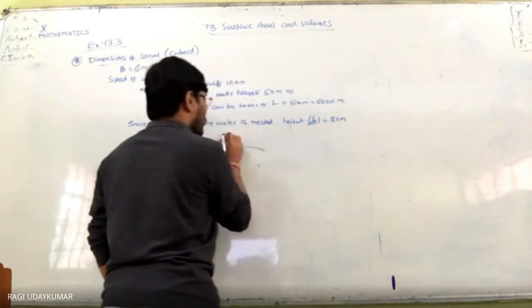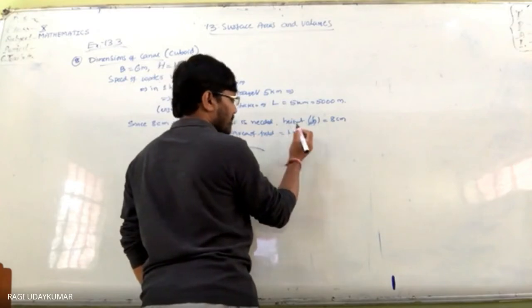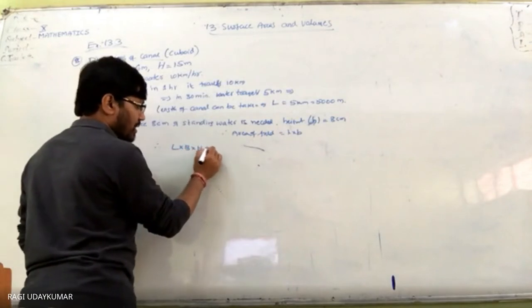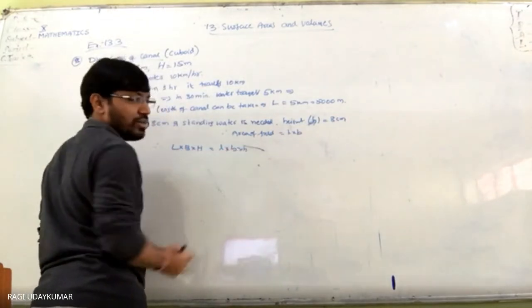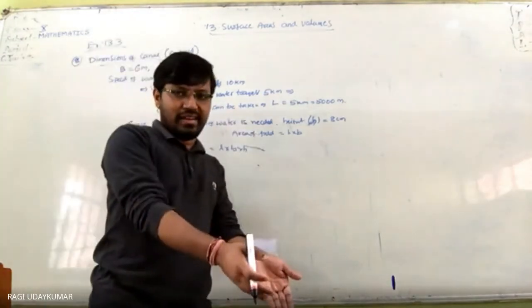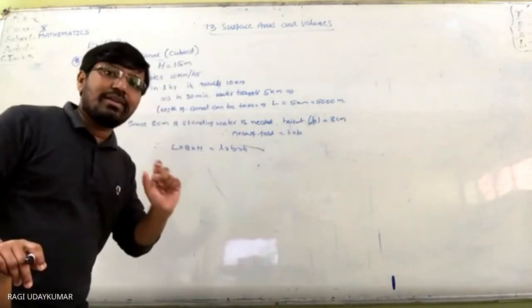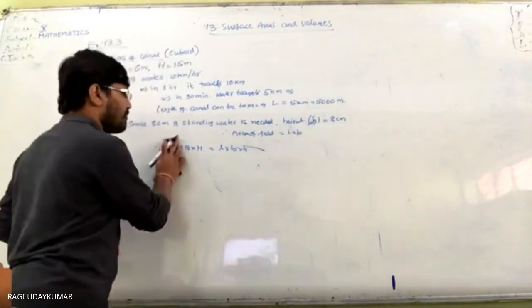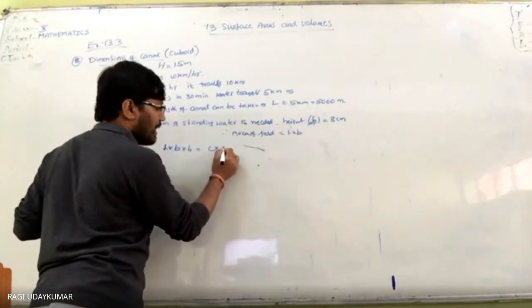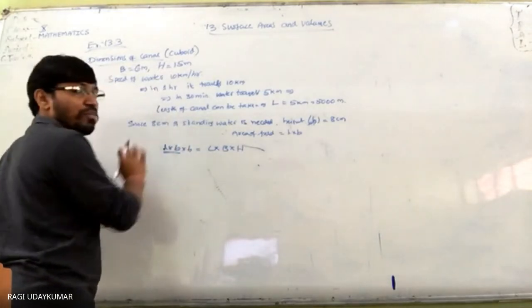And therefore, area of the field is L into B. So therefore, we are going to get L into B into H is equals to L into B into H. Volume of the water canal से बाहर आया, वो field में आ गया. So afterwards, field also in the form of the cuboid, but 8 centimeter standing water. So better you make the first small L into B into H here. L into B into H is equals to capital L into B into capital H. So we need to find out the area. So ये दोनों को मिलके find out करना है.